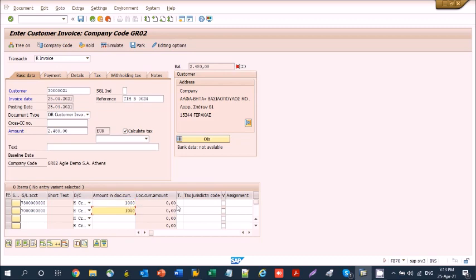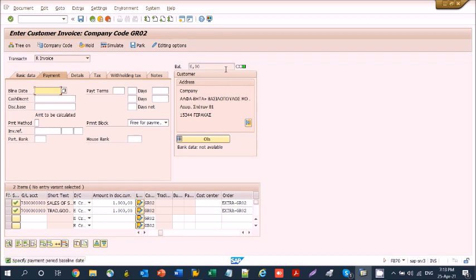and the tax codes, and the relevant objects, cost objects, then we declare the amount and we see the green traffic light.